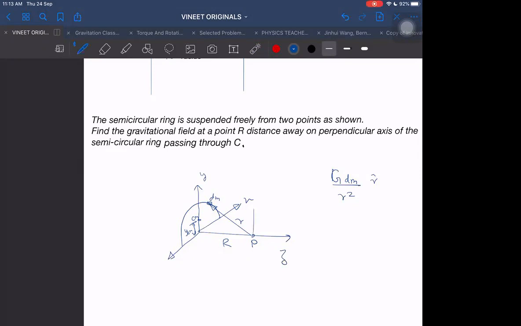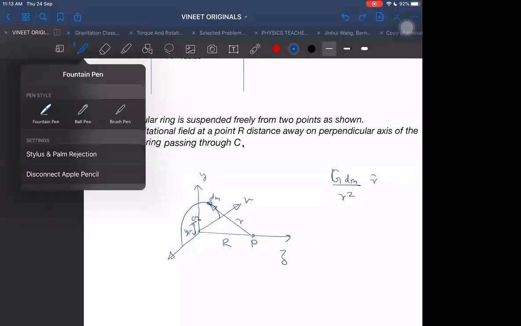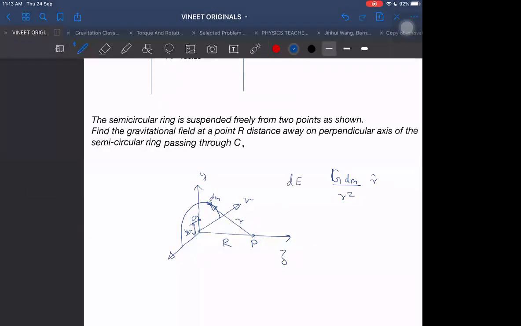Okay. So with respect to this, I am taking this along the r cap direction. Think in that way. Anyway, now this is dE. What will be net E? Net E will be the integral of this. If I want to integrate it, I can write G dm by r cube into r cap, and that will become G outside, r cube outside, constant, and we are left with the r vector into dm integral, and that is nothing but m into rcm. The mass is given as m only. So m into rcm, GM by r cube into rcm.